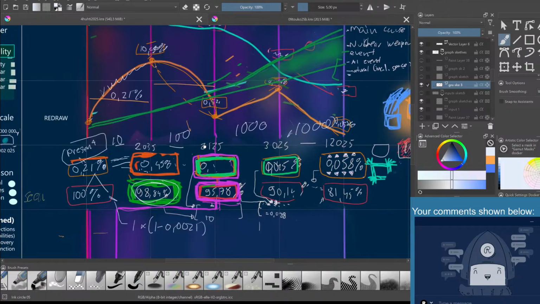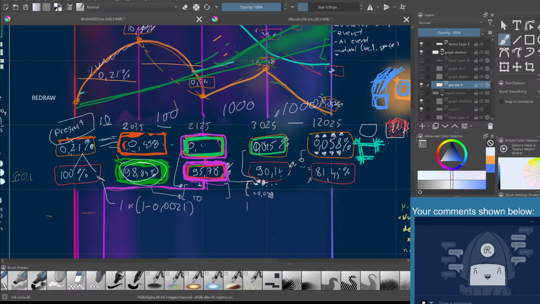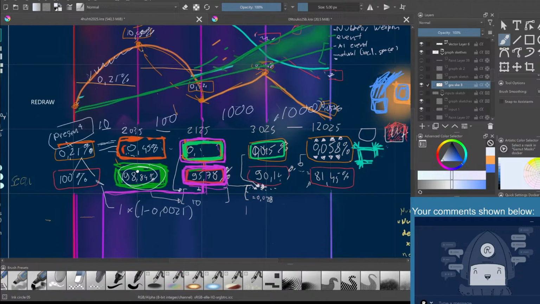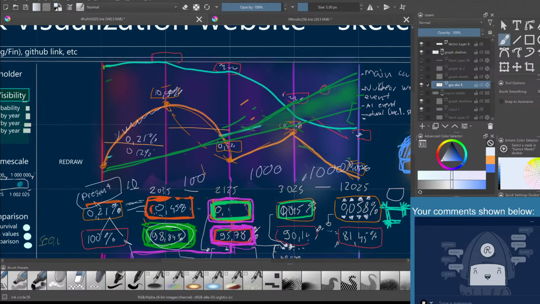So maybe it would be better to have it even if it's a little bit simple. If I want to show the math, I was thinking I could show the math under this percentage here. Is it easier to think, like you don't have to think about this so much if you